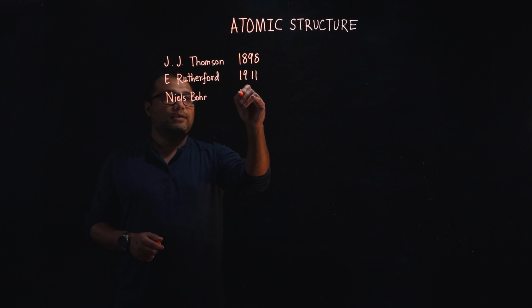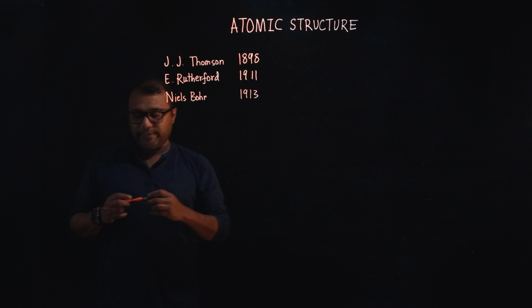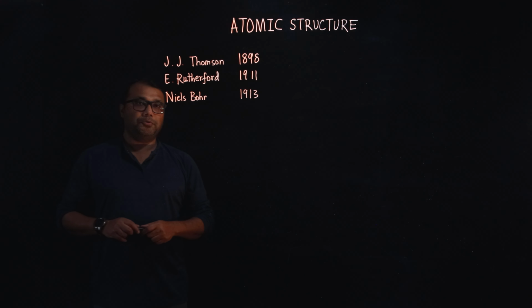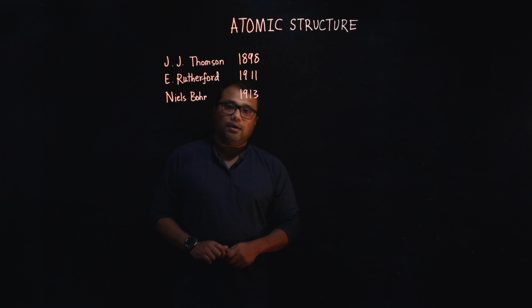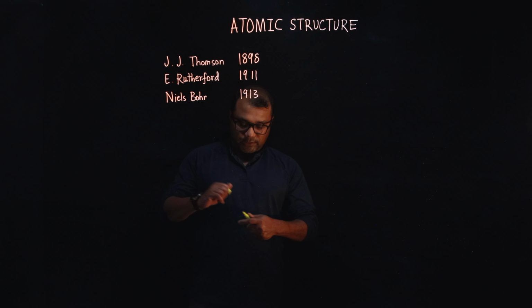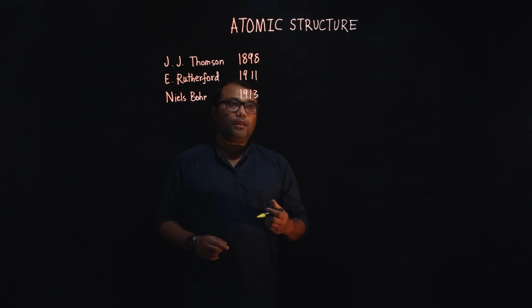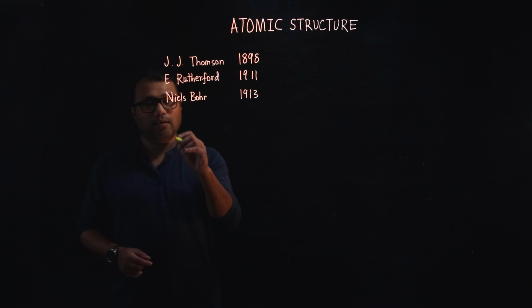So in 1913, he postulated the atomic theory. Okay? So what Niels Bohr did was he combined theories of classical physics with quantum ideas. Okay? And he put forward his postulates, which in summary were: